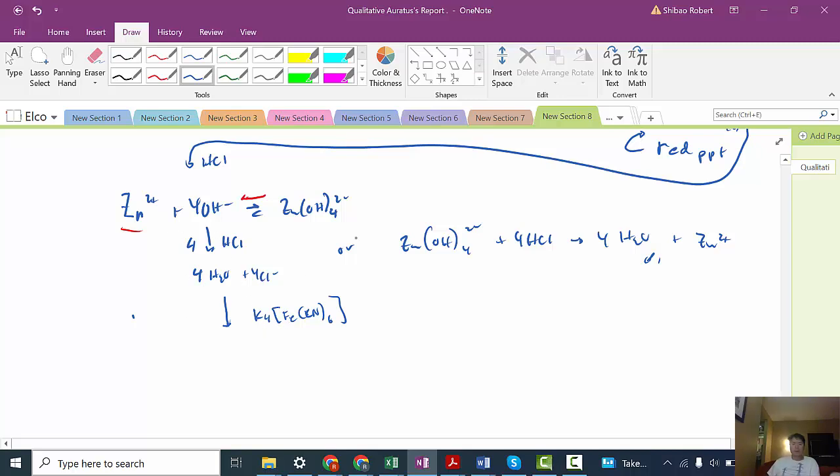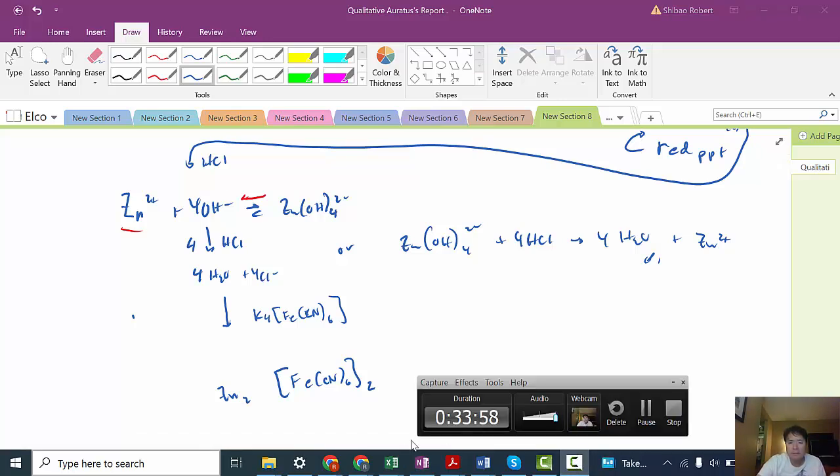Like that. And then what we're going to have is a precipitate. It's going to have 2 of these. Two of those is going to make it -8. And so we need +8. And to get that +8, we're going to take 2 zincs. Actually, those are +2. And we need -4. And so,